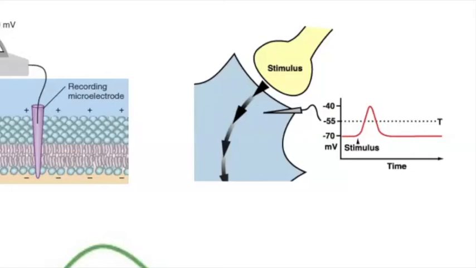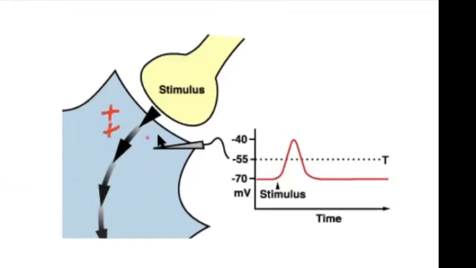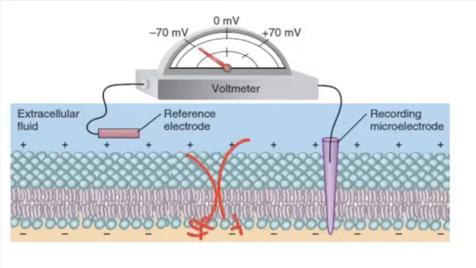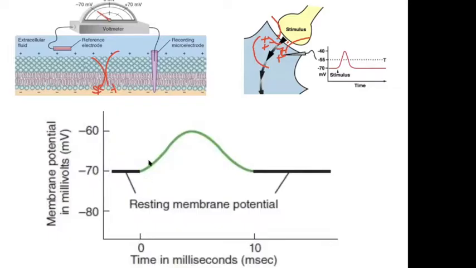And with that stimulus here, you're going to see a rise, right? As sodium ions flood this area, which was minus 70, they're all going to rush in. And that's going to make it go from minus 70. In this example, you're going to record it at 0 milliseconds. And then over here, you'd see it rising. Over here, you'd see it rising. Over here, you start to see it dropping, right? So they're recording it every little bit of time, and they make a graph like this based on time,